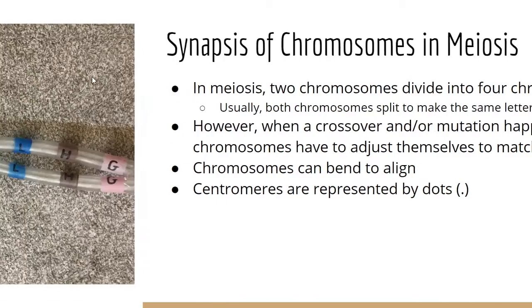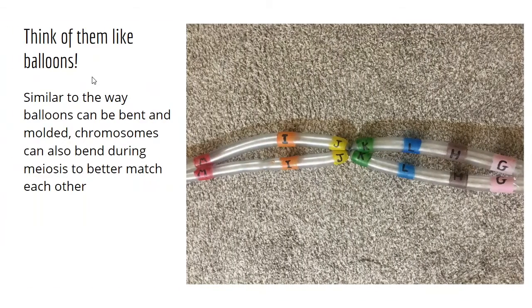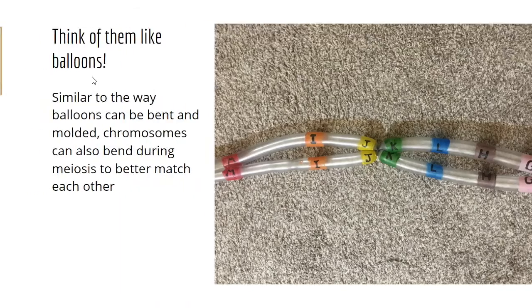Centromeres are also represented by dots. Think of them like balloons. So, similar to the way that balloons can be bent and molded, chromosomes can also bend during meiosis to better match each other. So, person 1 has